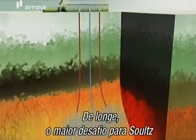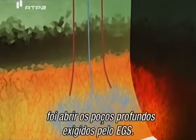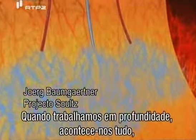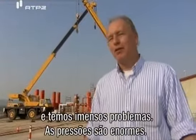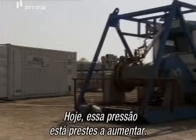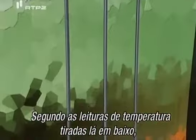By far, the biggest challenge facing Soultz was drilling the deep wells that EGS requires. As you work in the deep underground, you get beaten up so much, and you have so many problems going along the way, so there's a lot of pressure for sure. Today, that pressure is about to increase. According to temperature readings taken from below